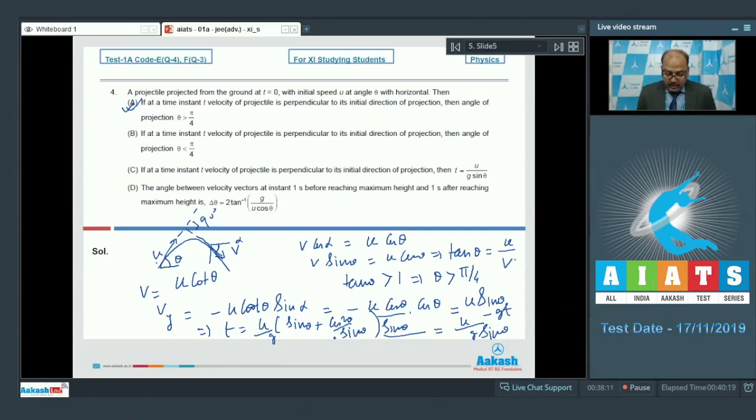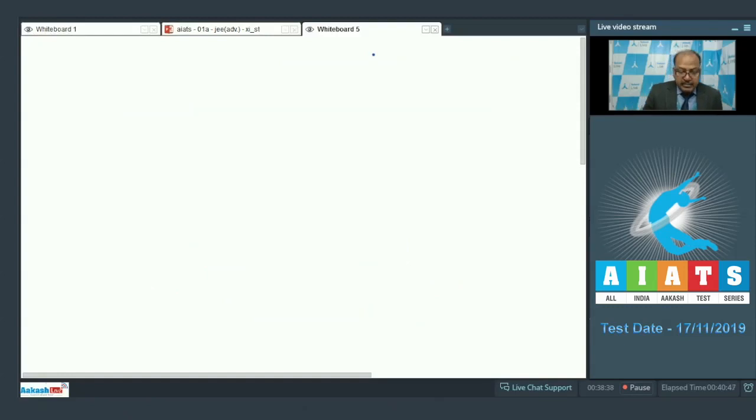Solving this will come out to u by g sine theta. Now, we can use the identity sine square theta plus cos square theta is 1. So this is the time t equal to u by g sine theta at which velocity will be perpendicular to initial velocity. So option C is correct. We can use another method for evaluating this option further, and so let me show you that. The other method will be this,